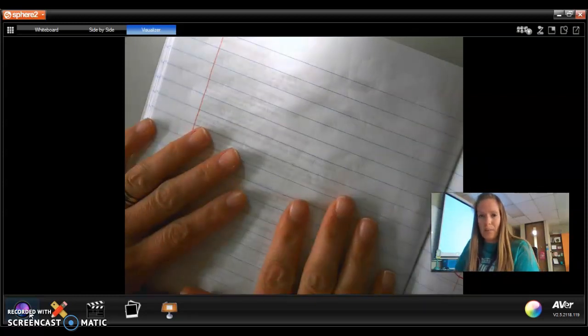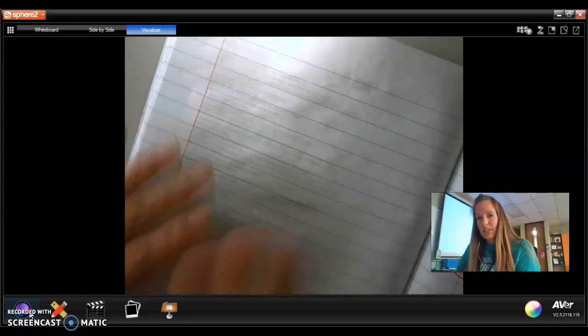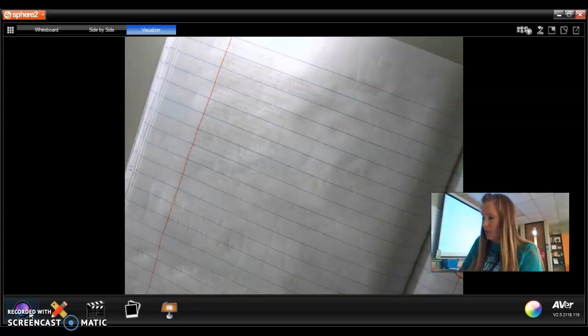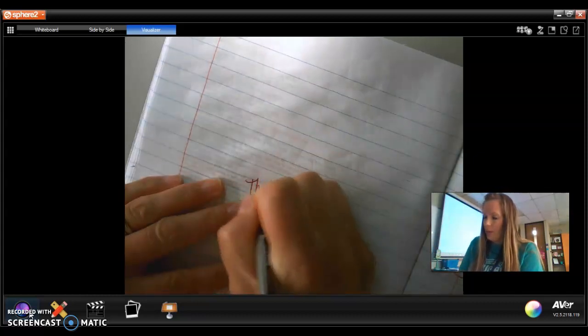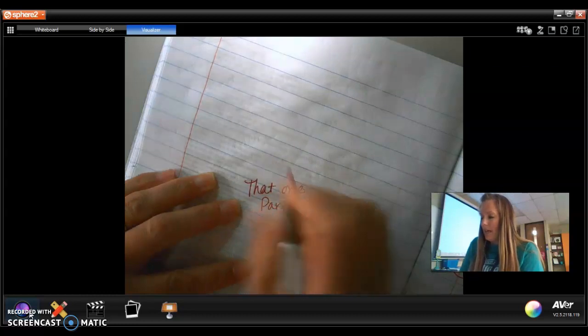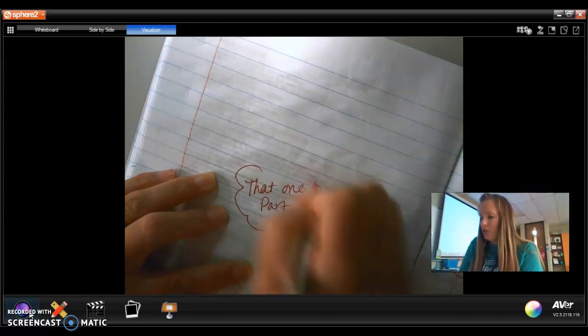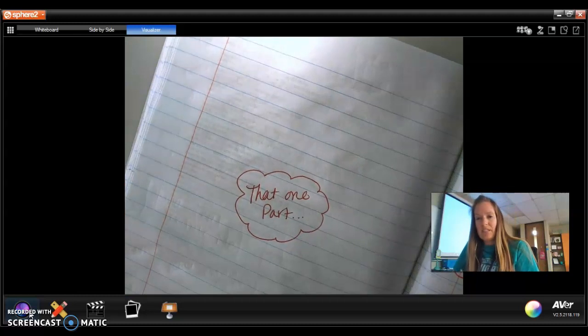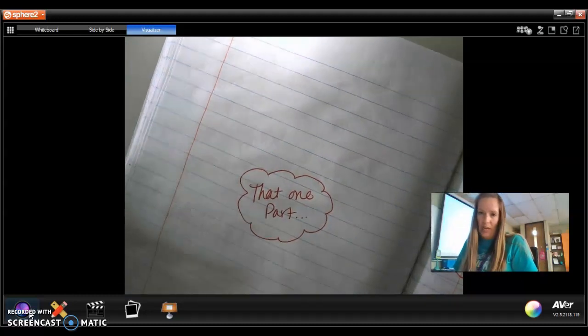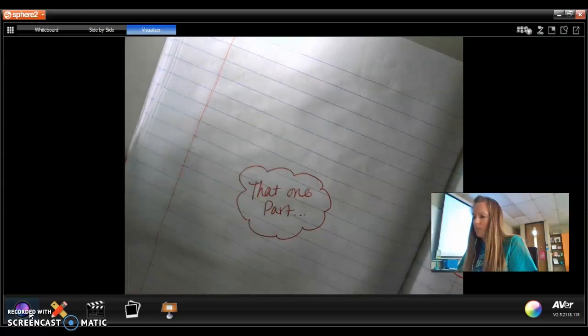I am going to pull my idea list out from a previous year instead of putting it into this journal and recopying it, so I can give you several examples as we go. Mine is organized so that in the center, it says "that one part," like this. And then you'll notice in just a minute that I just write all around that some of the different ideas I have. And again, I store them all in one location so that I don't rewrite them and try to remember different things.